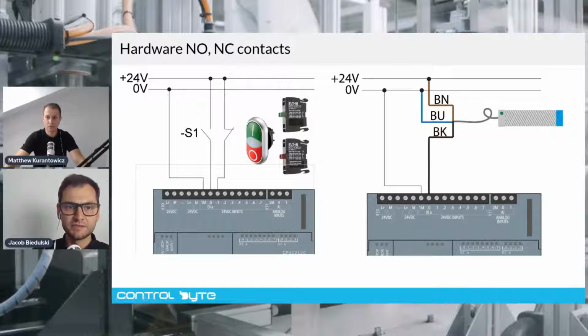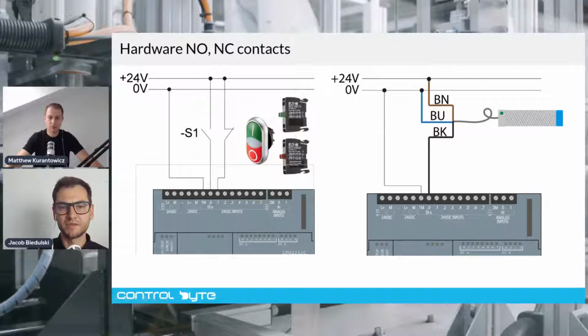But sometimes you can find normally open or normally closed contacts. How does it work? Normally open contacts are used to start some machine functionalities, and normally closed contacts usually are used to stop those functionalities. For example,